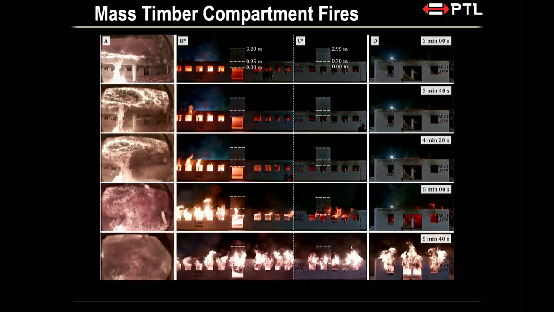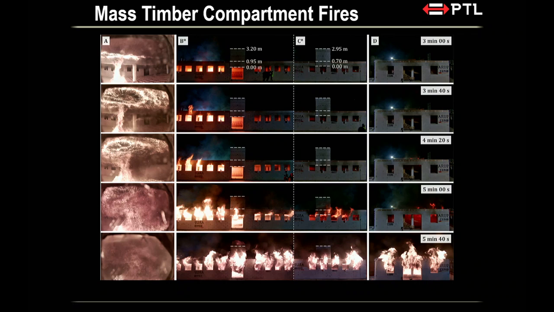We have timestamp over here that shows you how the fire progressed. So in 3 minutes time, the fire is basically just blazing. So we don't really have a very strong fuel load. Wood crib is not a strong fuel load. Gasoline is a strong fuel load. Wood crib is just slow and steady, all right? So we have a slow fire that doesn't seem to do much for the first 3 minutes, all right?